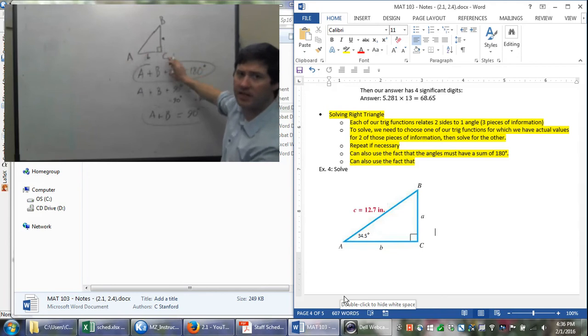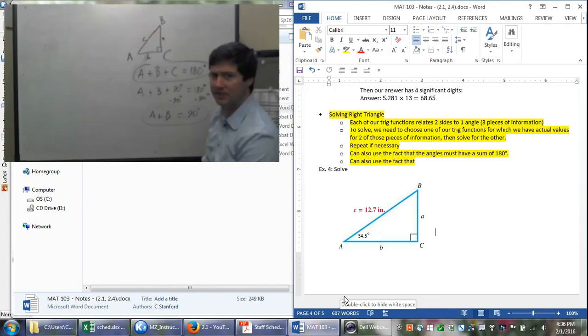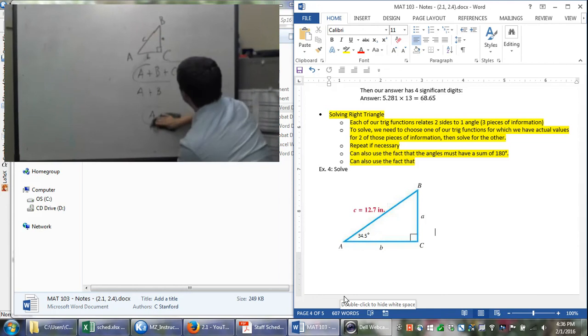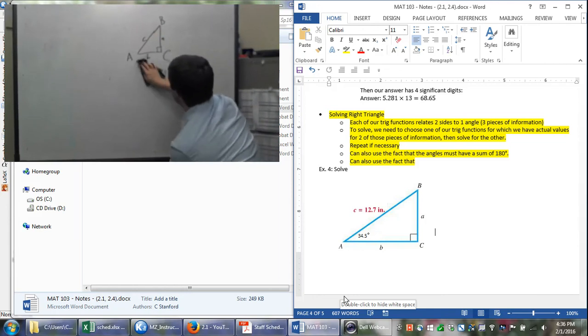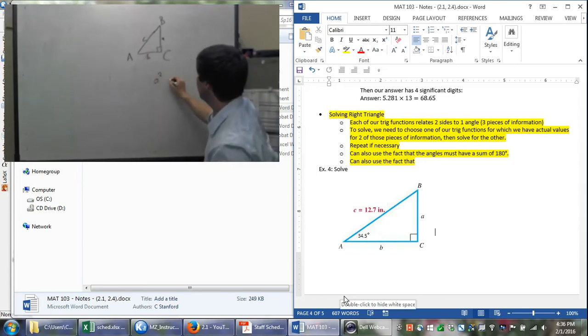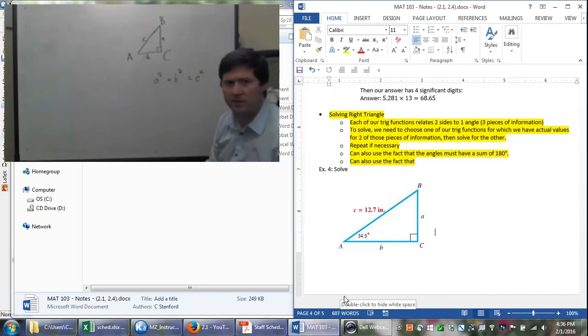Now, if we make this a right triangle, then that tells me right away that C is 90 degrees. So I've got A plus B plus 90 degrees equals 180. And I can do a little bit of manipulation to simplify this. So we get that the sum of those two other angles has to be 90 degrees. And you probably already know that, but